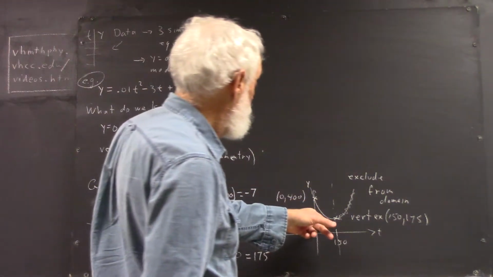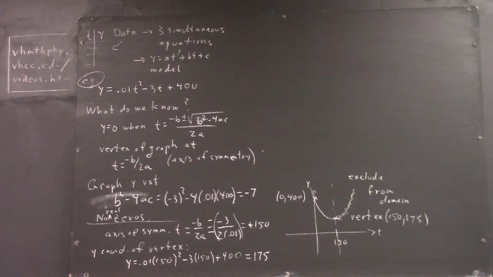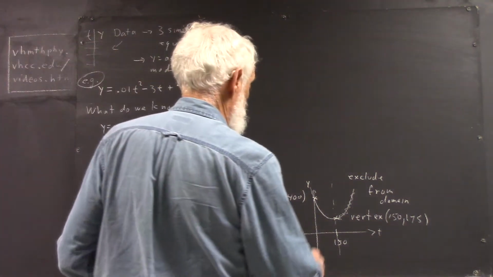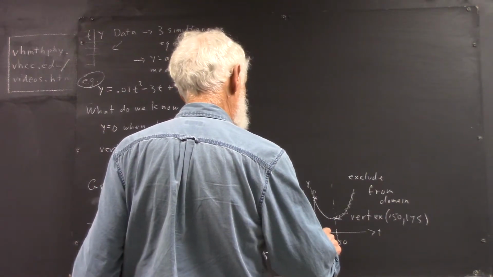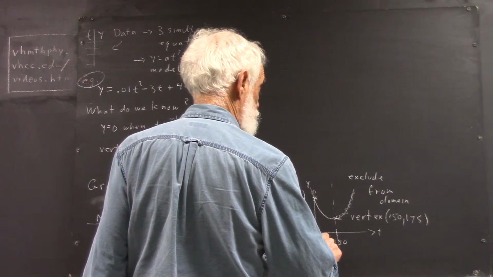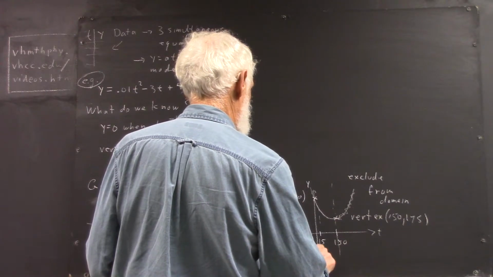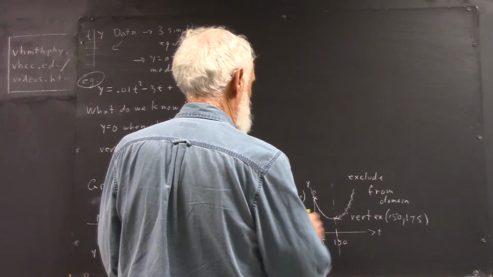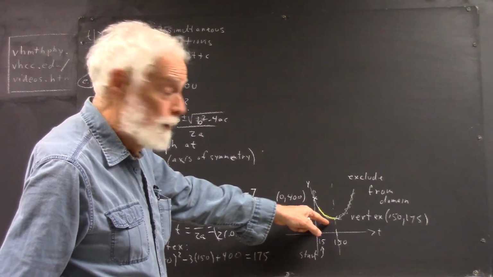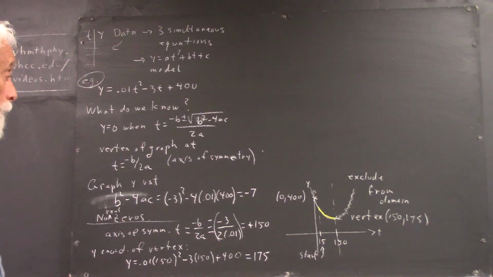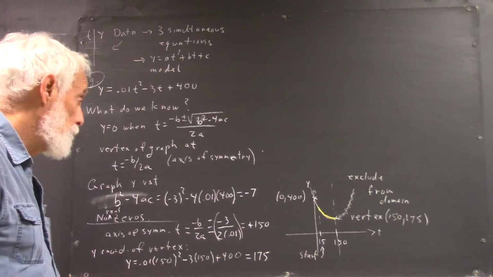Okay, so here is our quadratic model, and if the model applies starting with some value of t, maybe the thing starts at t equals 15, then this section of the parabola would correspond to our actual depth versus time model. Okay, so there's the graph,